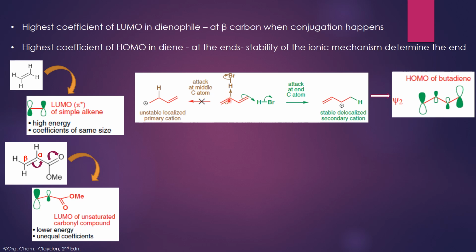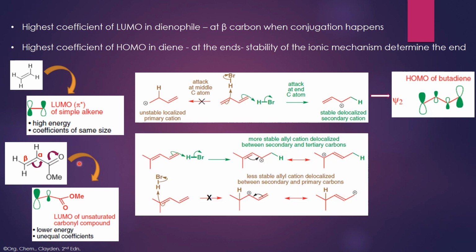The reaction through the middle carbon atom is not preferred. The reaction through the end carbon atom, let it be here or here, not the middle one. This is not the reaction site, but the end carbon atoms are the preferred ones. So the larger coefficients are seen with the end carbon atoms. But now we can look at when the butadiene is substituted. When it becomes substituted, here we can see